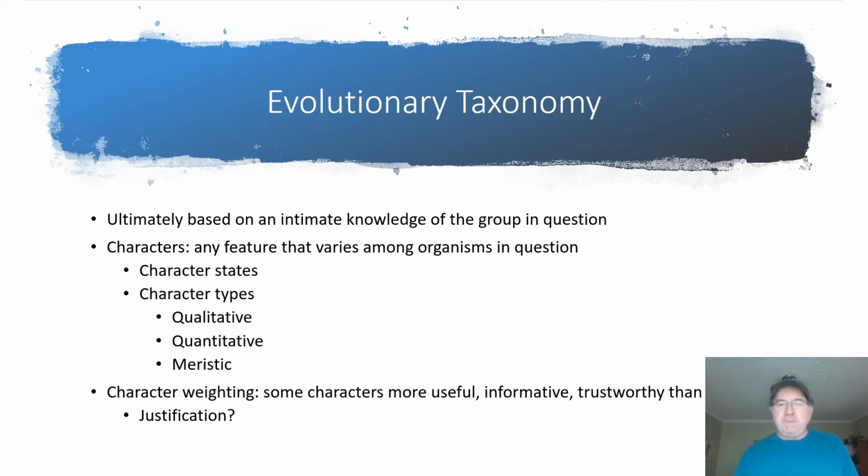And the most accessible of these, of course, are things from the anatomy, the morphology, the structure of the organism you're studying. But it could also be behavior, physiological characteristics, sequence characteristics, anything, as long as it's heritable, is really fair game. And it needs to vary among the individuals in the group that you're studying. If they're all the same, then that's not a very interesting feature, at least for that particular group. If you extend your focus outwards, then maybe that will come into interest later on. So we have characters.